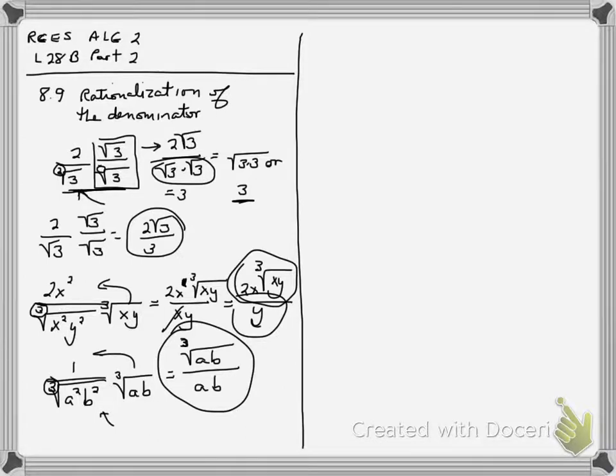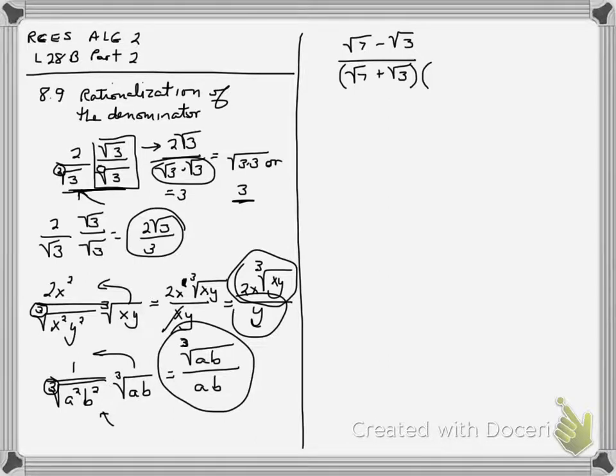So part B is the part you really need to pay attention to, and it's not that difficult. It's called rationalizing the denominator. Now, when we have a 2-term expression, so if I have the square root of 7 minus the square root of 3 over the square root of 7 plus the square root of 3, I need to get rid of this pair. And if I multiply it by